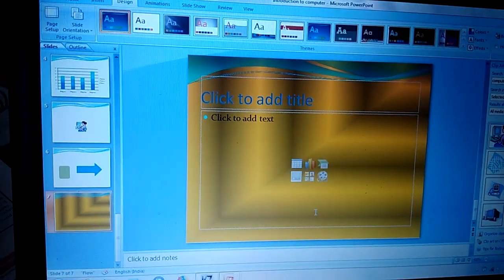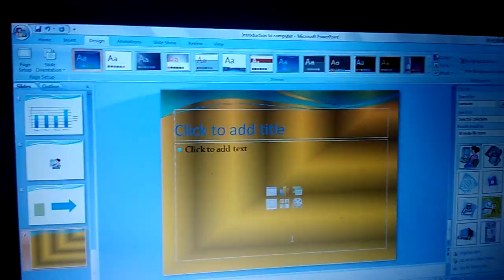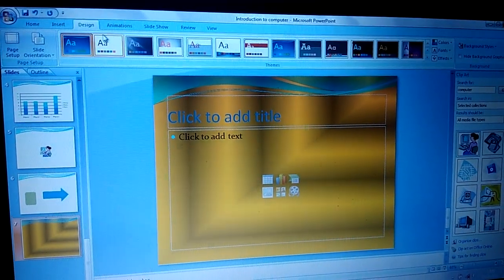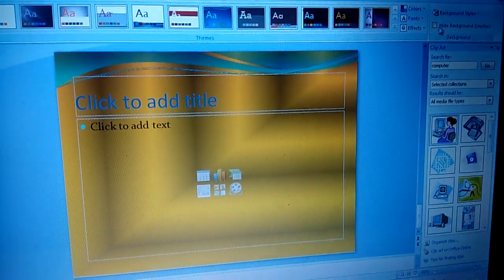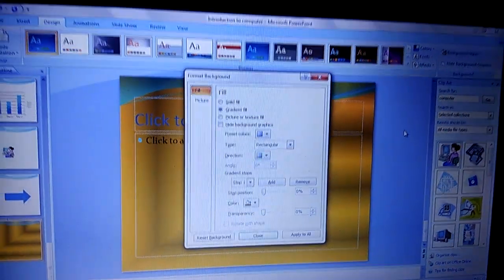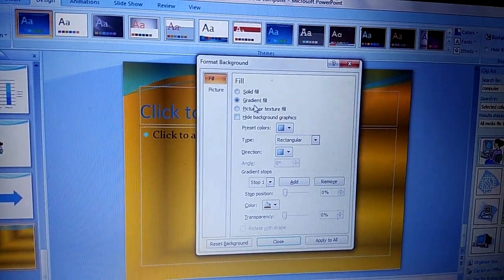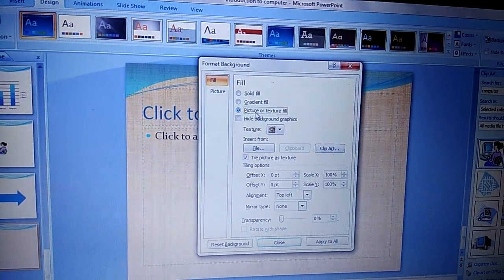Now the next is textured fill color. Steps 1 to 3 repeat again: click on the Design tab, after that click on Background Style, then click on Format Background. Now select the third option, that is Picture or texture fill. Click.